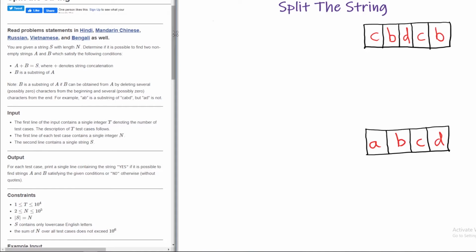Today we are going to learn the Split the String problem from CodeChef. The problem statement is: you are given a string s with the length n. Determine if it is possible to find two non-empty strings a and b. So basically we have to find two strings a and b